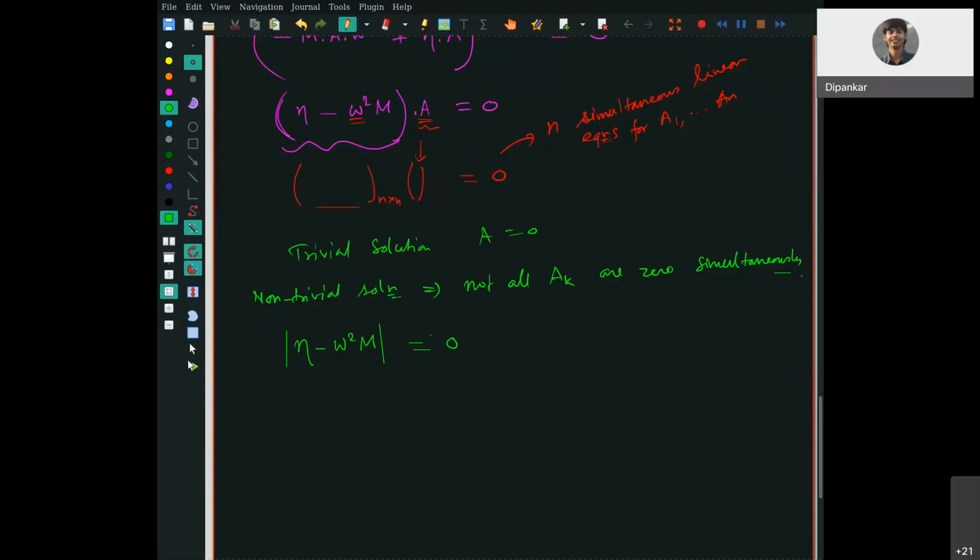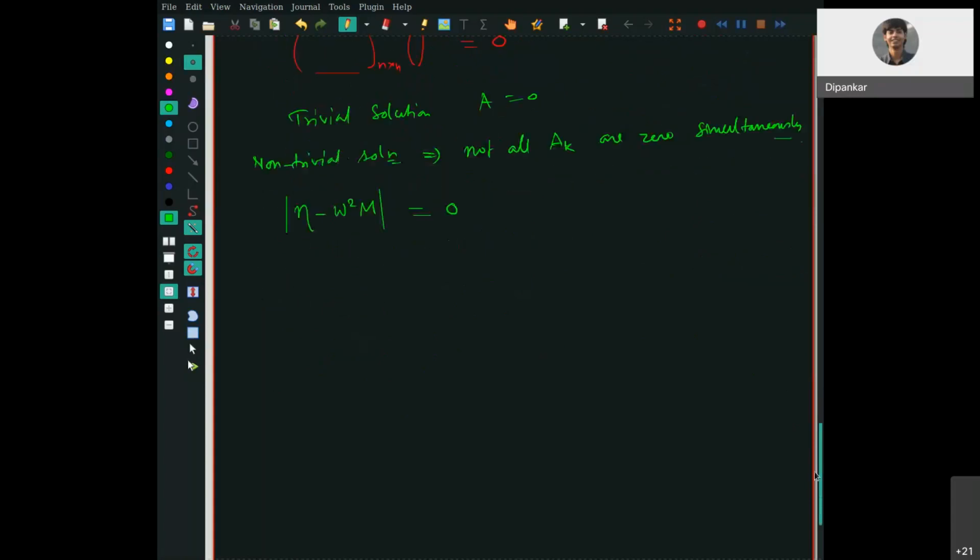Yes, sir. Okay. So everyone is okay with this step. All right. So for non-trivial solution, you have the coefficient determinant to be 0. Now, this is a determinant, and this contains omega square. So you can just call it omega square. You can treat it as, let's say, I'm renaming it as y. Okay, y is just a number,